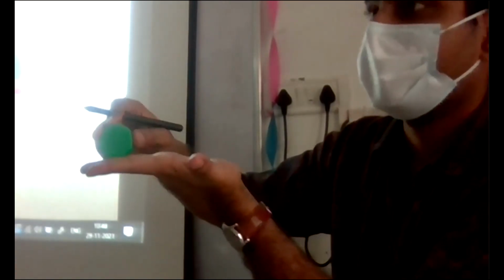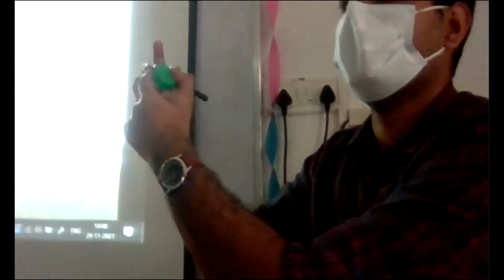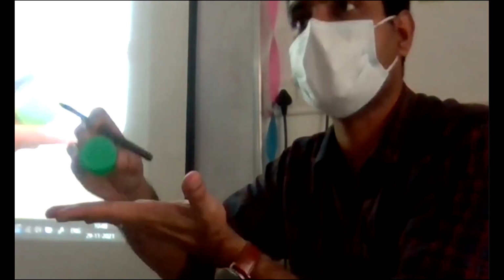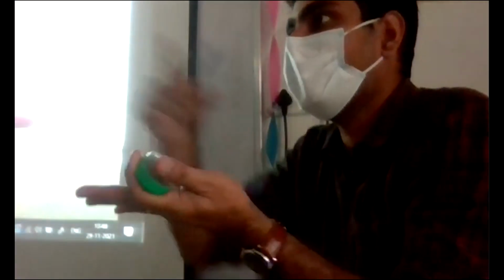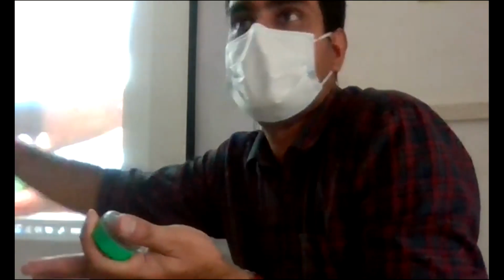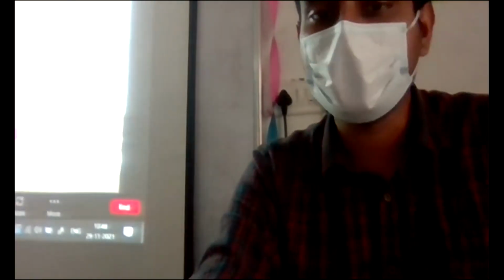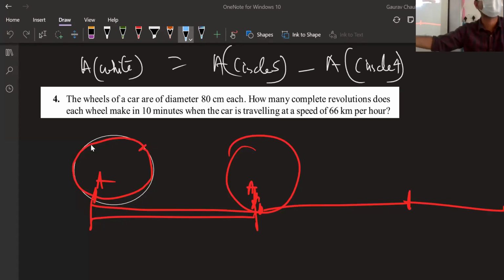Now this much length is how much it covered for this point to rotate and touch the floor, the road, again. That was one circumference. So if you take the total distance and divide by this length, you will get how many times the wheel rotated. Are you feeling good about that? So for finding this, we need to know the circumference and the total distance.